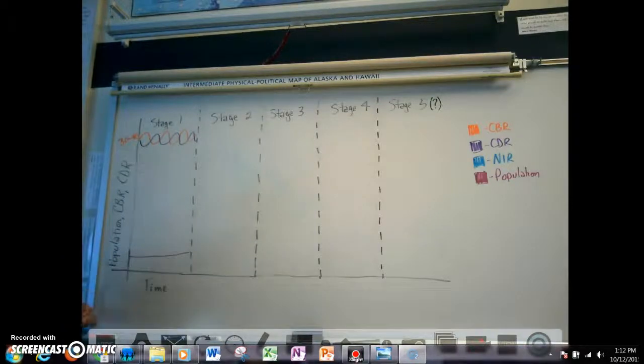And geographers use more than just birth and death rate to decide and classify if a country is stage 1 or stage 2. So geographers say that there are no stage 1 countries. This might change if you look at a different discipline and a slightly different definition. Just be aware of that. Okay? So there are no stage 1 countries.